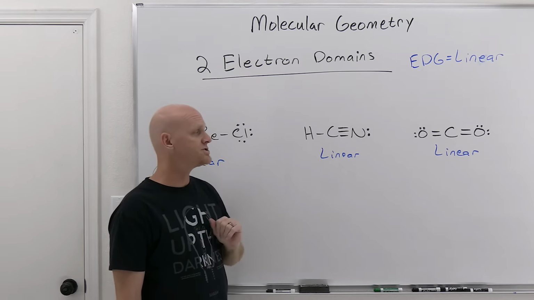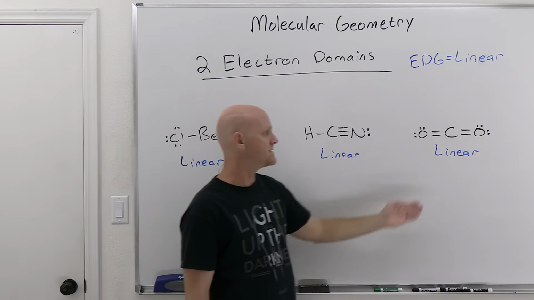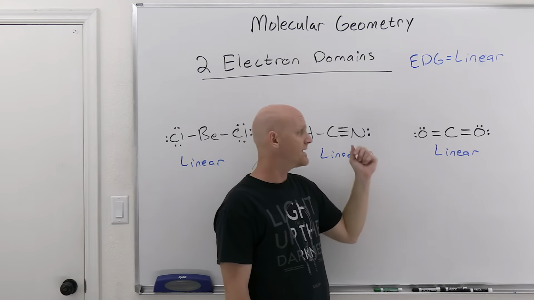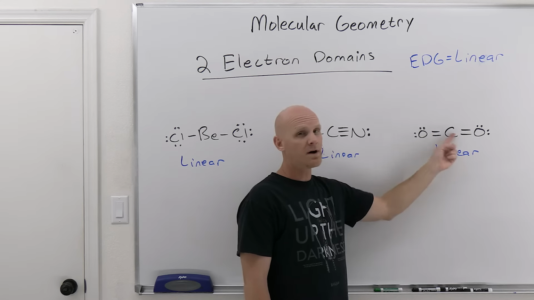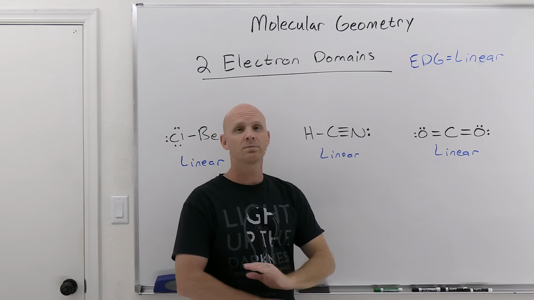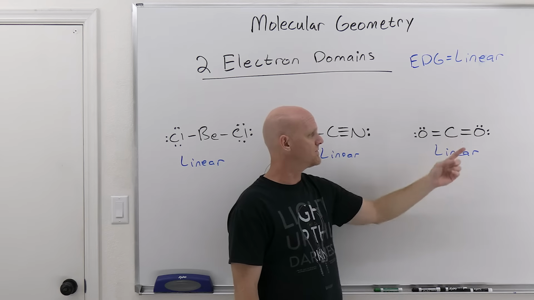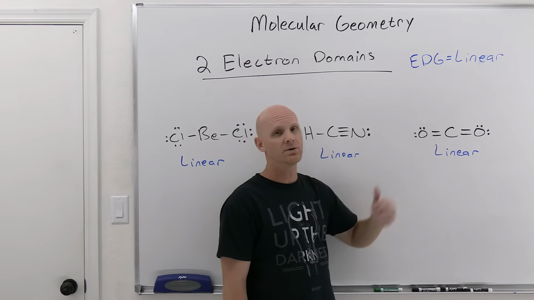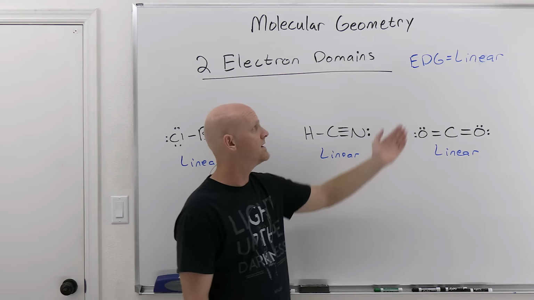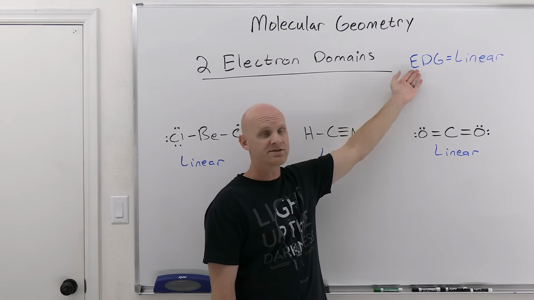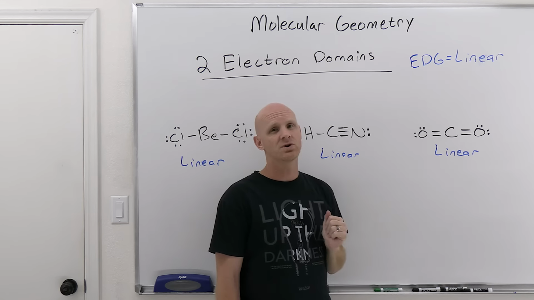So that means the molecular geometry here is linear as well. And then finally, in the case of carbon dioxide, again, it's just bonded to 2 atoms. They're double bonds this time, but whether it's single, double, or triple, that's just a single electron domain, counting an atom you're bonded to. And so it's bonded to 2 atoms, and then carbon has no lone pairs for a total of 2 electron domains. Once again, that means the electron domain geometry is linear, and the molecular geometry is also going to be